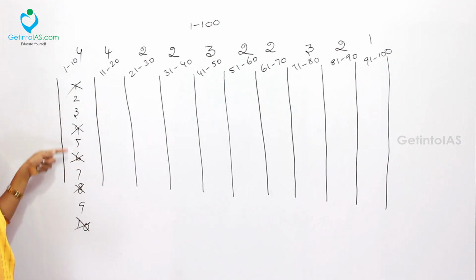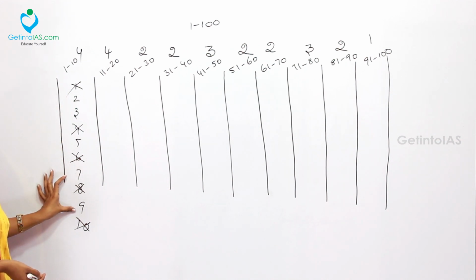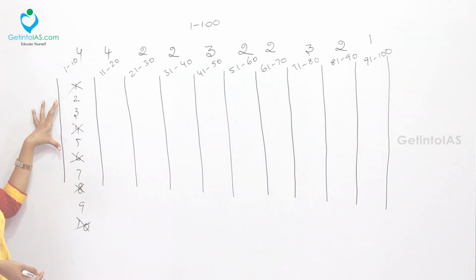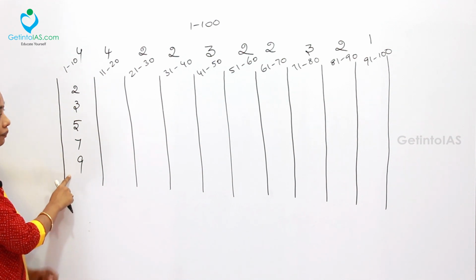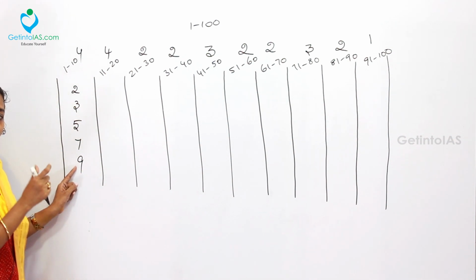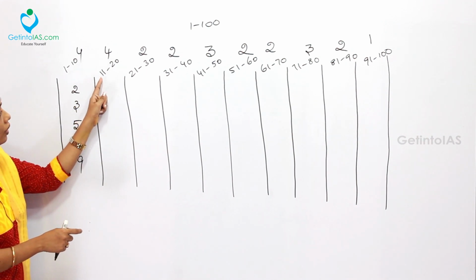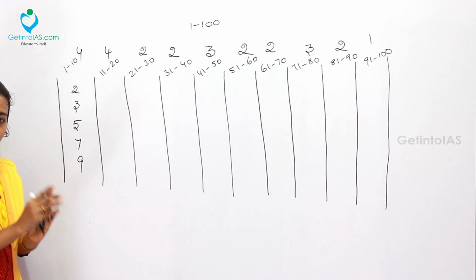So, after that, how many numbers am I having? 2, 3, 5, 7, 9. Let me take those numbers alone in the first column. So, I have taken 2, 3, 5, 7 and 9. In that, we know that 9 is not a prime number because 3 into 3 is 9. Now, for 11 to 20, 21 to 30, the numbers to be taken are